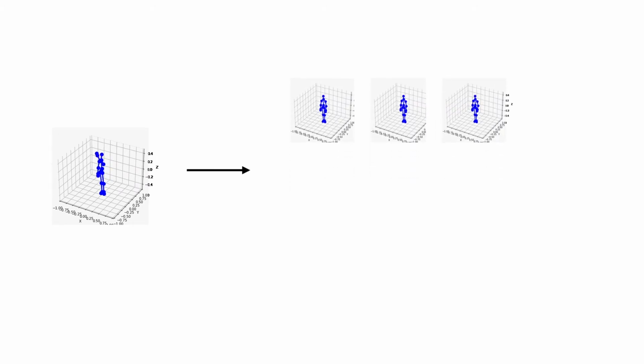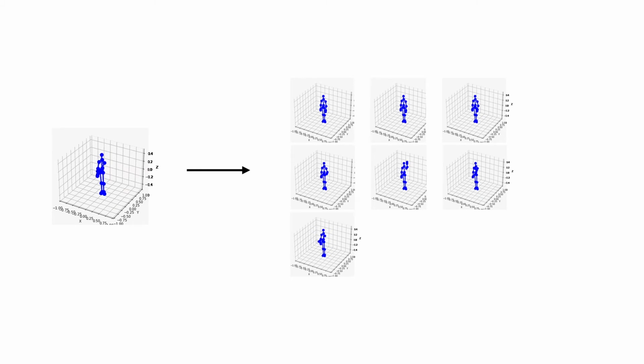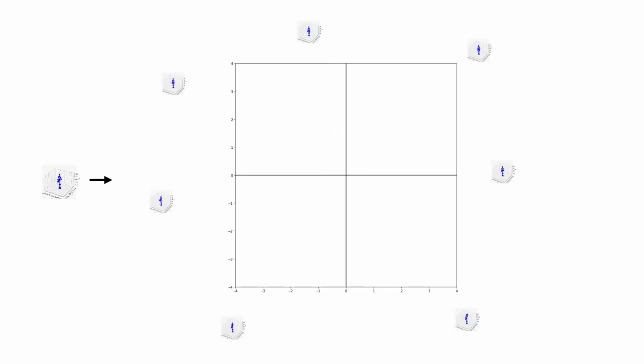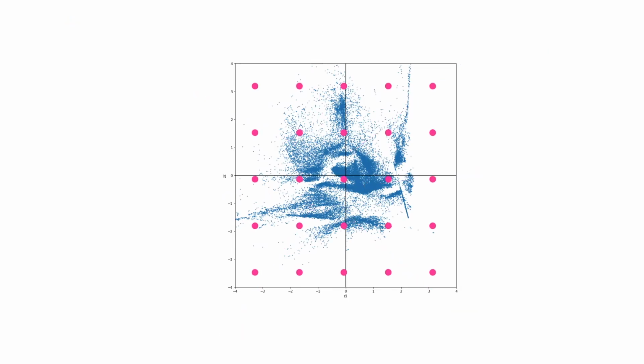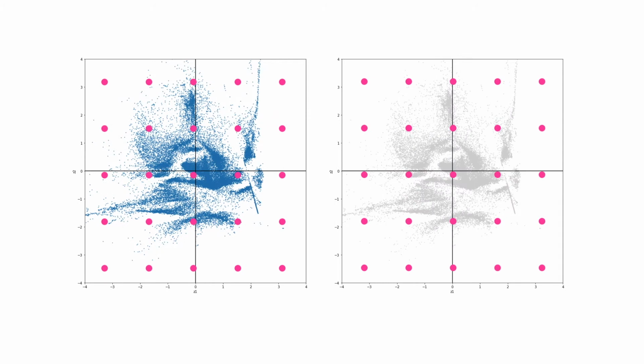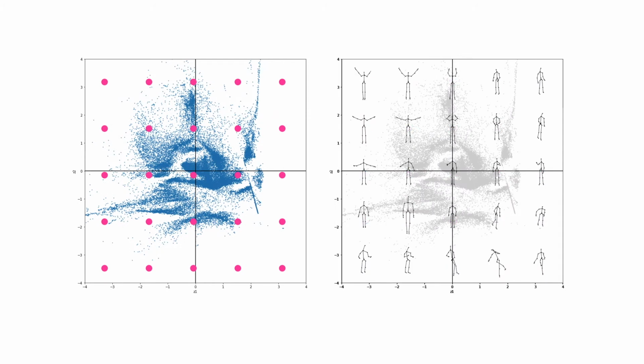To build the system, we used an existing gesture dataset that was pre-recorded with a Kinect sensor. We then divided each sequence into individual body pose frames, and each frame was then embedded into a two-dimensional space using a variational autoencoder. From the resulting space, we sample a grid of points to visualize landmarks that guide users through the behavioral space. And since each point in the space represents a single body pose, a gesture sequence is a path that connects multiple body poses.